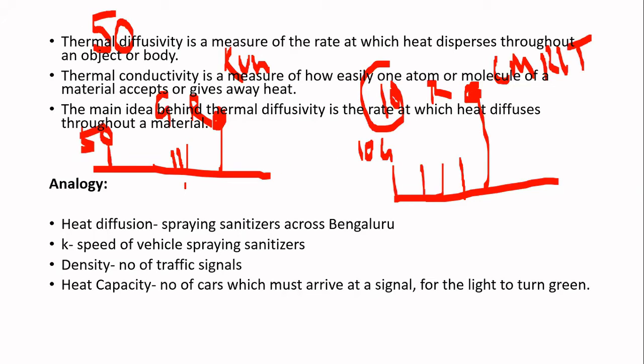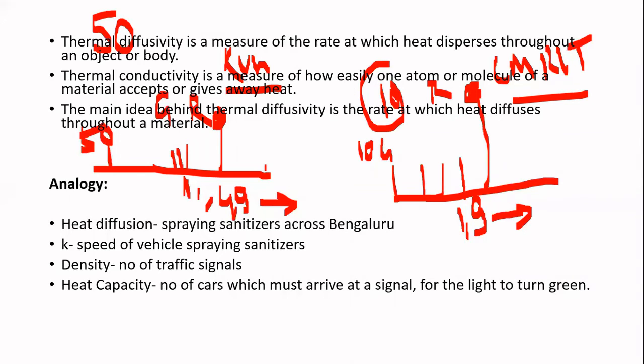Now, in this case, at Kundanhalli signal, the first car has to wait for 49 more cars to arrive. At CMRIT signal, the first car has to wait only for 9 more cars to arrive. After that, all the cars are free to move. So in which case flow of traffic will be more smooth? Flow of traffic will be faster in which case? At CMRIT signal or at Kundanhalli signal? CMRIT signal, the flow of traffic will be smoother.